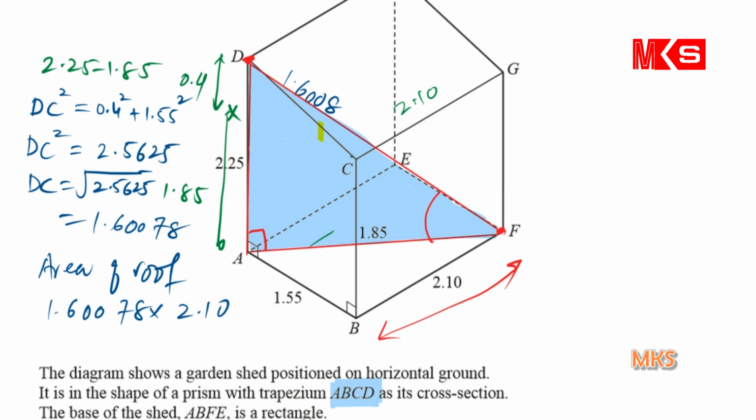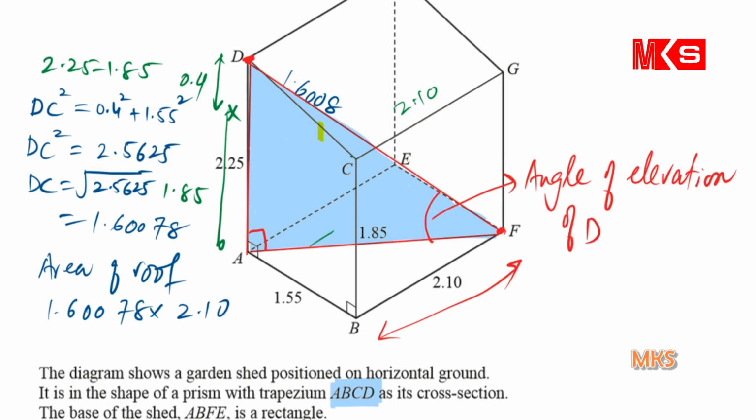Angle always is made between two lines. So one of the two lines is a line drawn horizontal at the point from where the observation is made, and the other line is the line joining the point which is to be observed to the point from where it is observed. In this case, F is the point from where D is being observed. So D is the point which is being observed and F is the point from where it is observed. So one line will be DF, the other will be the horizontal line at F, which is FV. This is the angle of elevation